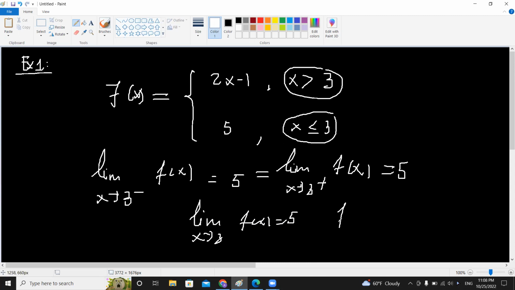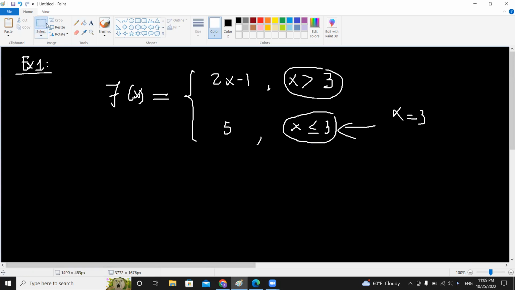And at the same time, if you want to calculate f(3), we are going to look here because x less than or equal to 3 is included here, so it's going to be 5. So we see that they are equal. So x equals 3 is a point of continuity here. But however,